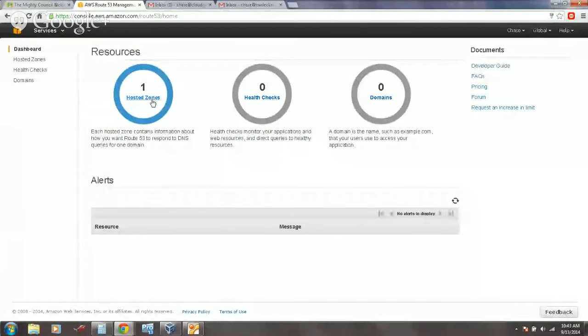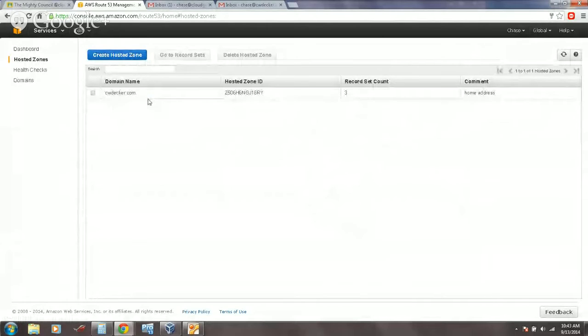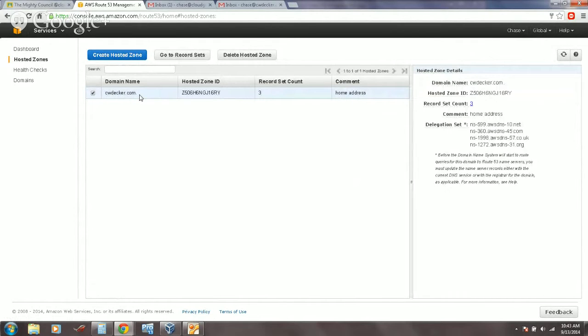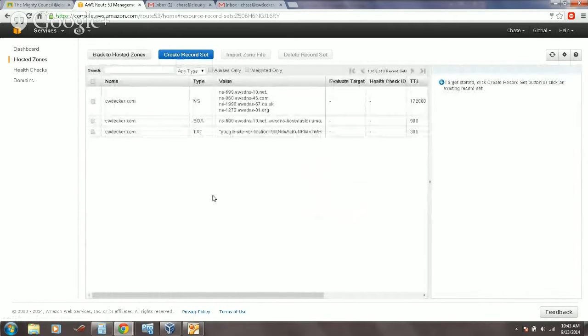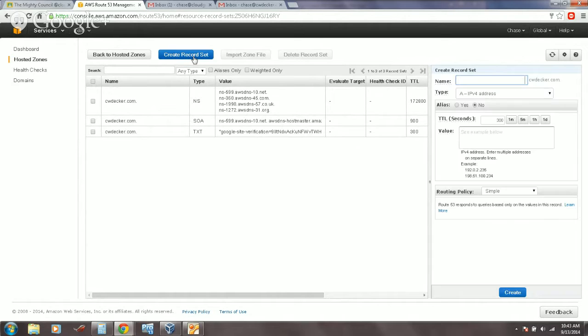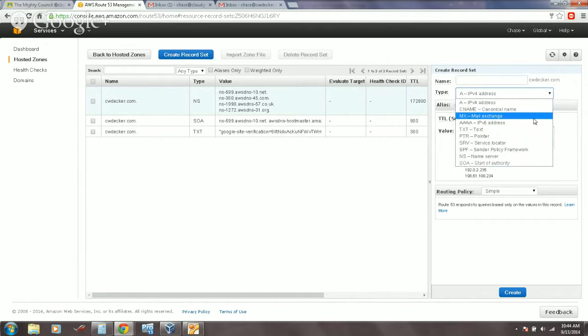Do you have MX records created there? And also check your name server entries. You have apparently created records also, but we want to check your name server entries too. Here you go to record sets, this gray colored button, and the second button, and there you will find that you have not created MX entries yet. So create a record set by clicking the blue button, and there you will create an MX record type, not A but MX, mail exchange.